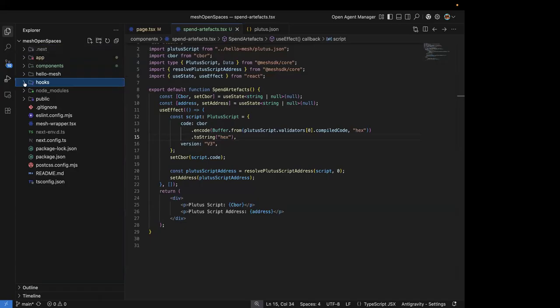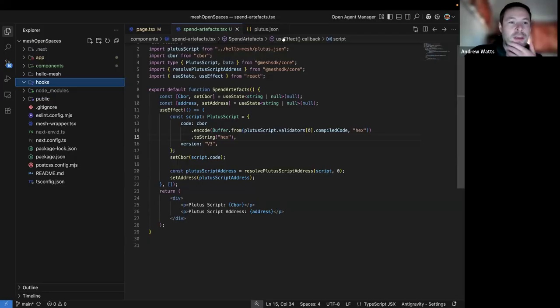Okay. So what are we doing? So we have an address from which we want to unlock an asset. And we have the CBOR and the address at this moment as strings. What do we do? So we have created a hook folder. Now what? You can name it anything you like, but